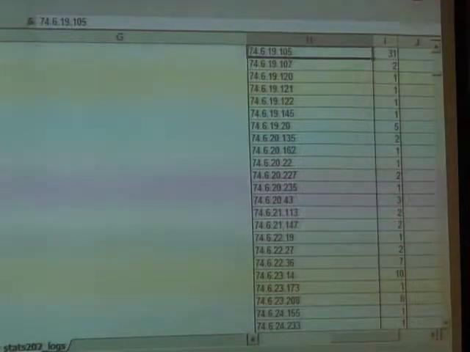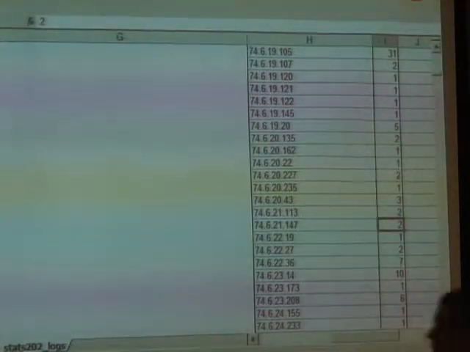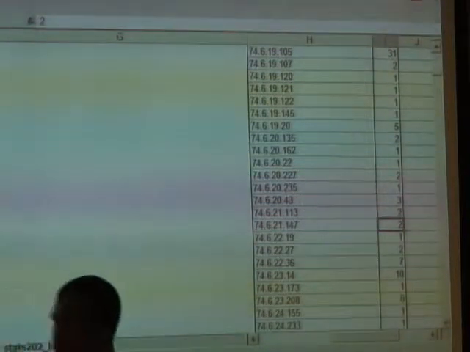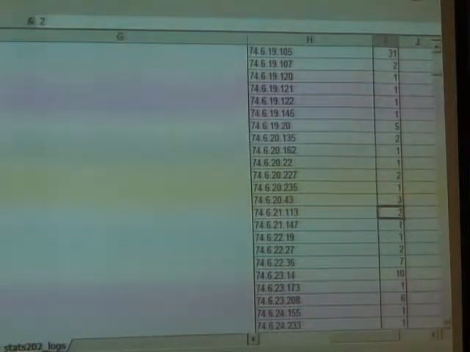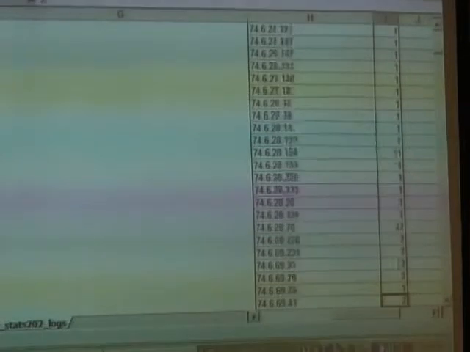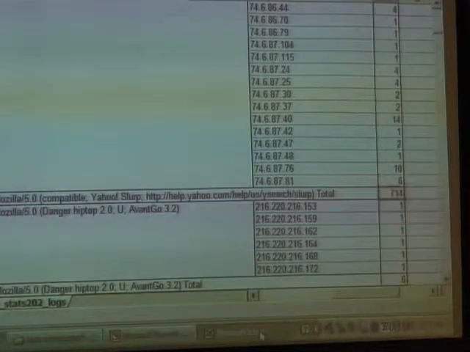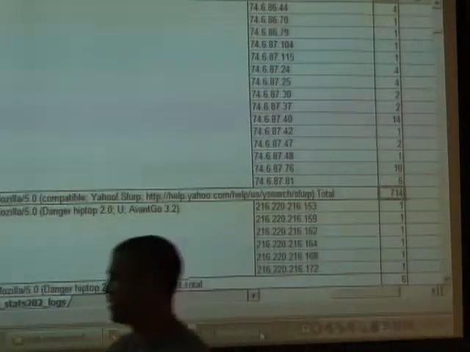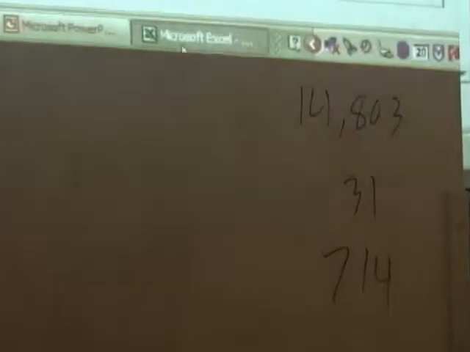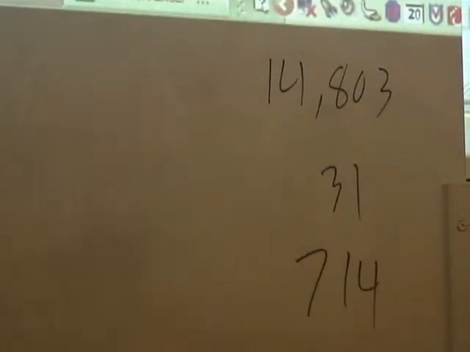Okay, so let's see. He's coming 31 times, and the other relevant number, so let me write down 31 so I don't forget. The other relevant number is the total number of times the Yahoo crawler is showing up in here. And the pivot table gives you the totals down at the bottom, and that's 714. Those are the three relevant numbers I need for that question. And so now we can answer it. It says,